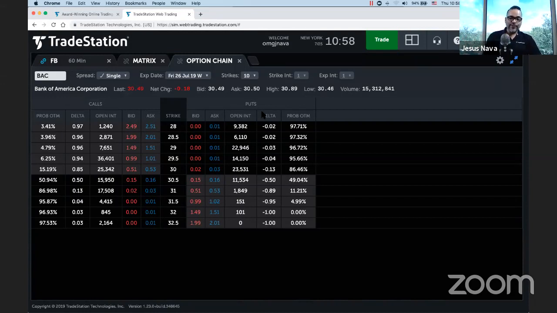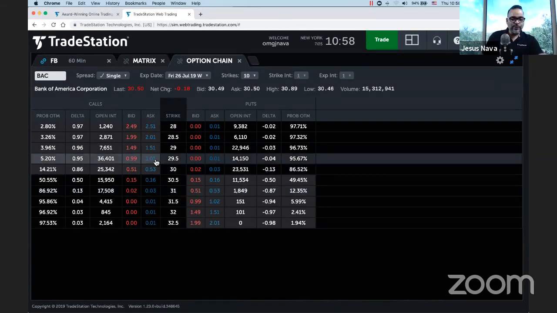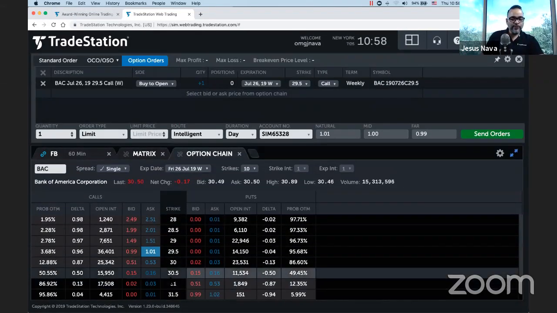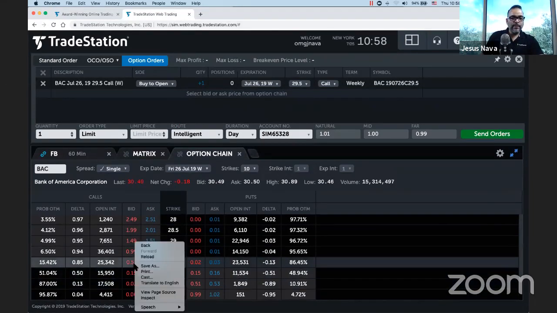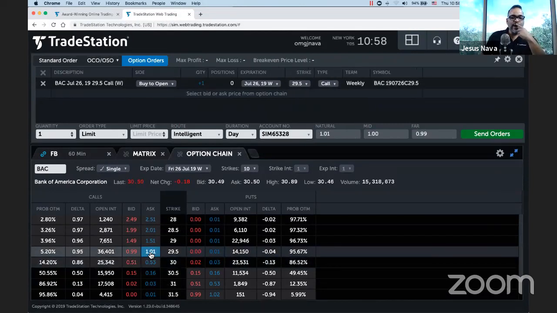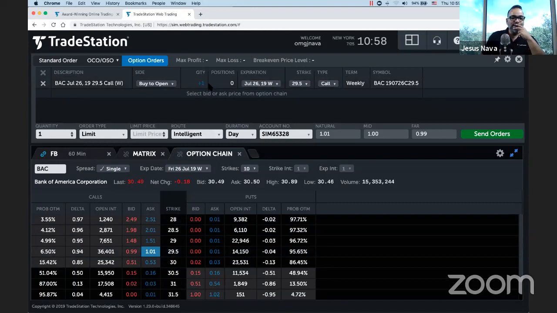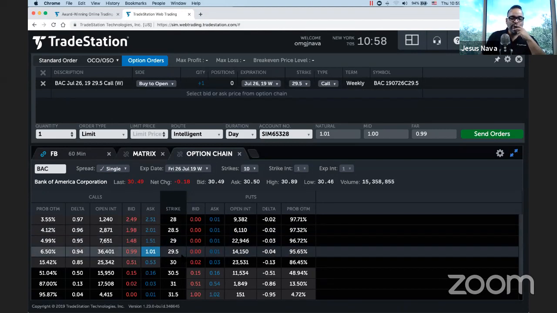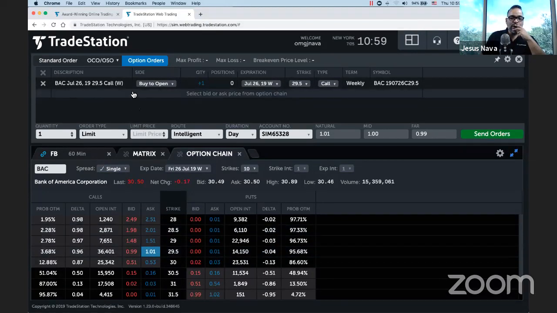But if you want to trade a vertical, let me see if you can do it with control. So I'm going to click here. Hold down the control key. No, the command key. I know there is a way for you to, let's see. Kind of just went blank here, but I know there's a way for you to continuously add legs to this right here. Notice how as soon as I clicked on the asking price of this 29.5, it sent that call up here. But if I wanted to add more,